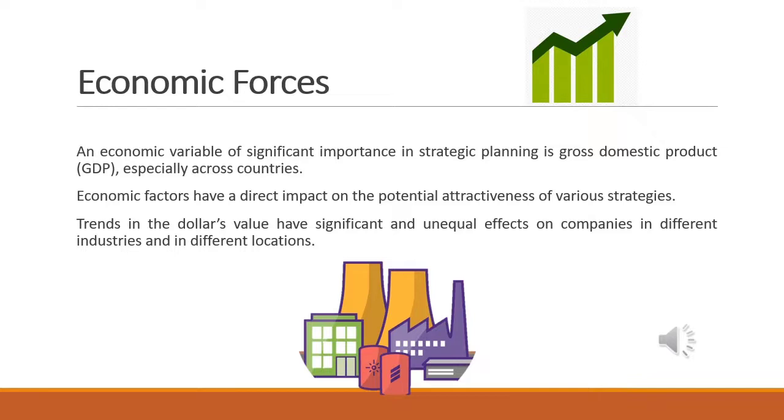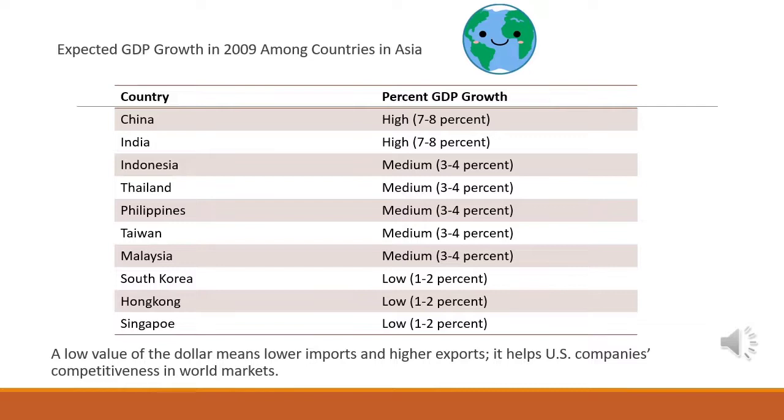An economic variable of significant importance in strategic planning is gross domestic product, especially across countries. Trends in the dollar's value have significant and unequal effects on companies in different industries and in different locations. For example, the pharmaceutical, tourism, entertainment, motor vehicle, aerospace, and forest products industries benefit greatly when the dollar falls against the yen and euro. As shown in the table is the list of the GDP of various countries in